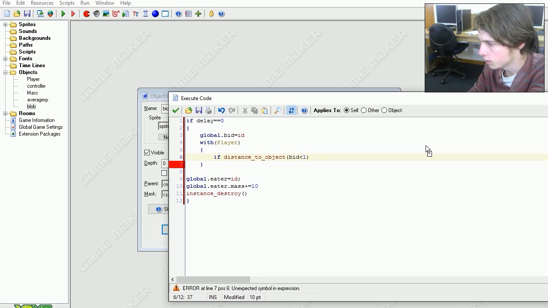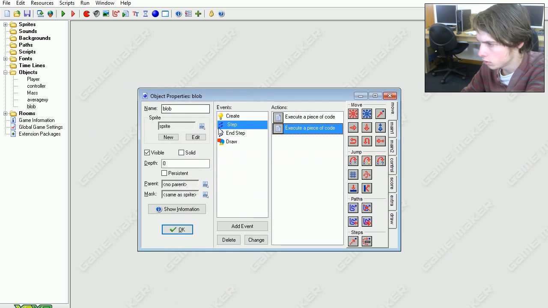And we're going to check the distance smaller than, and we're going to go